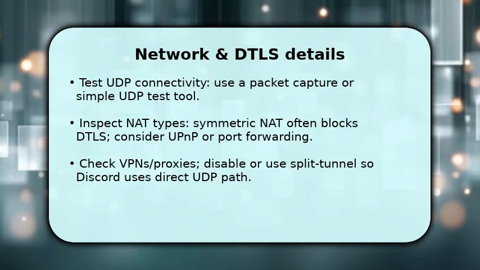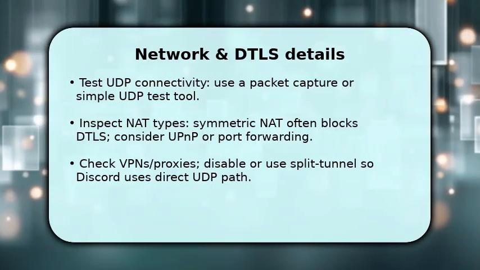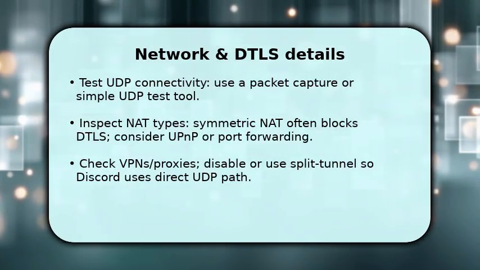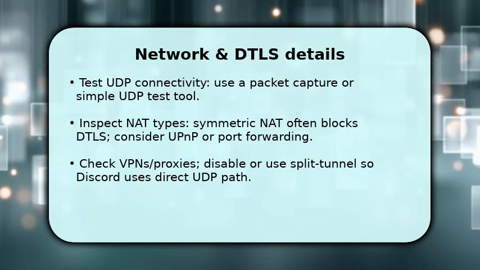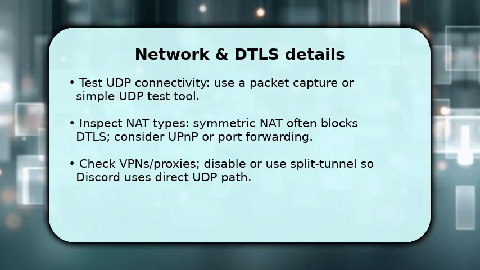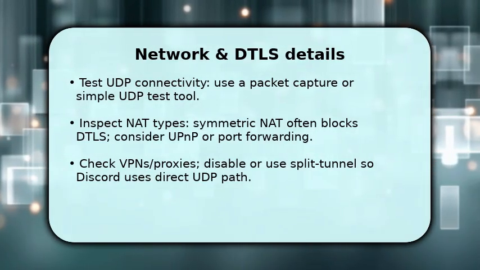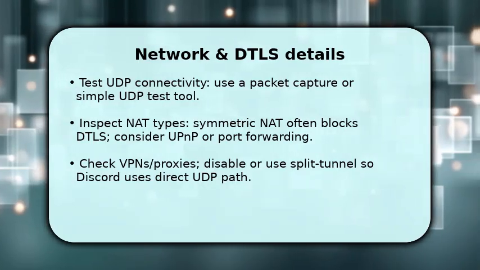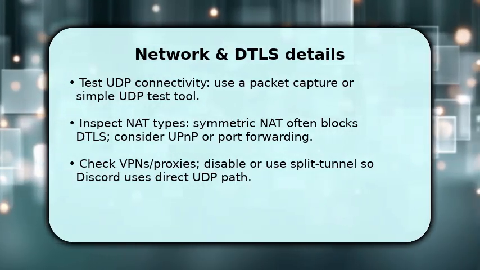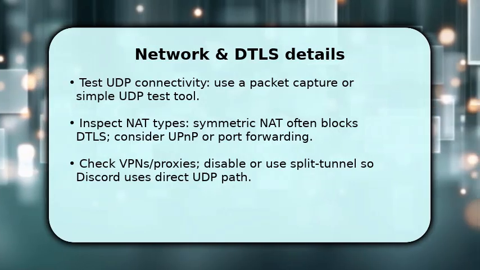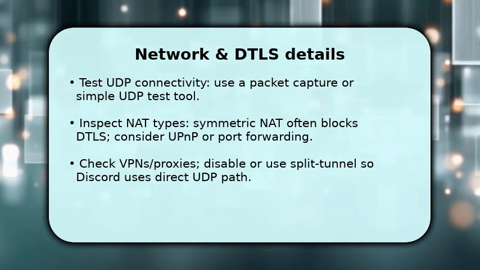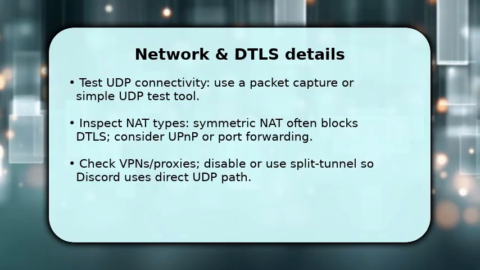Next, you dig into DTLS-specific network behavior to find the root cause. Capture packets or run a UDP test to confirm packets leave and return. DTLS handshakes fail when replies are dropped. If your router shows symmetric NAT, DTLS can be blocked. Enable UPnP or forward a range of UDP ports,